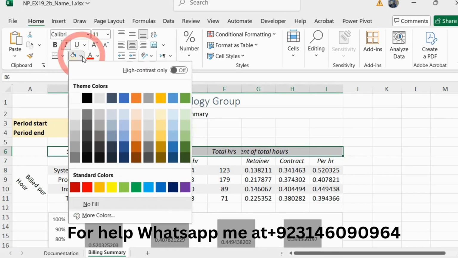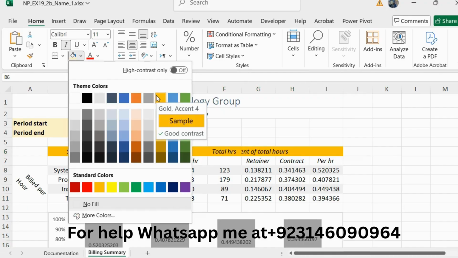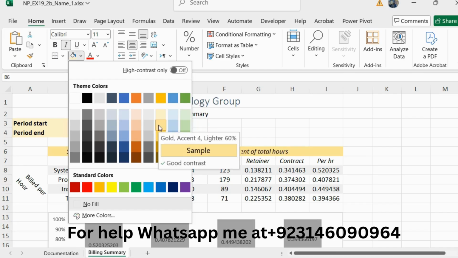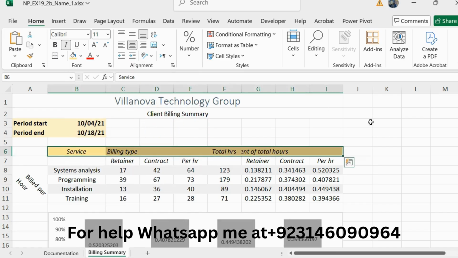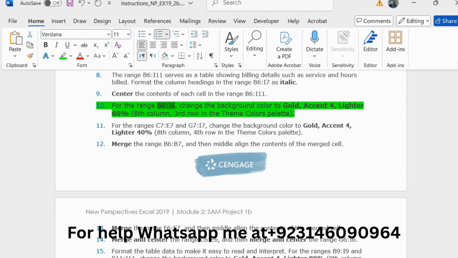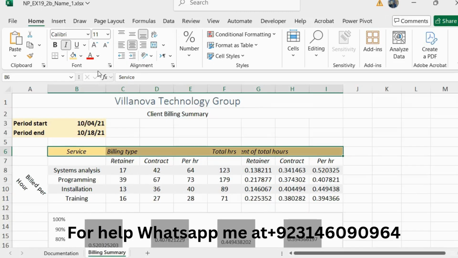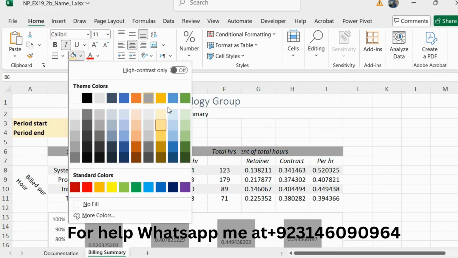Now click on Fill Color and click on Gold, Accent 4, Lighter 40%, Lighter 60%, yeah, Lighter 60%. So click on Fill and click on Gold, Accent 4, Lighter 60%, this one.